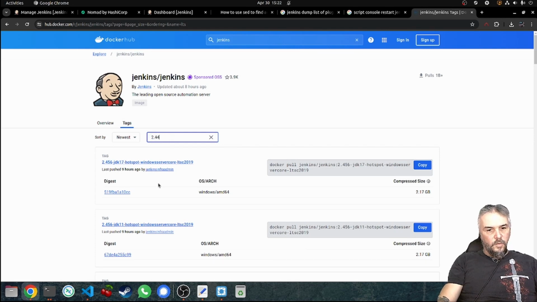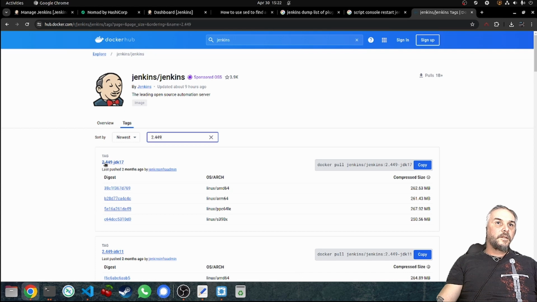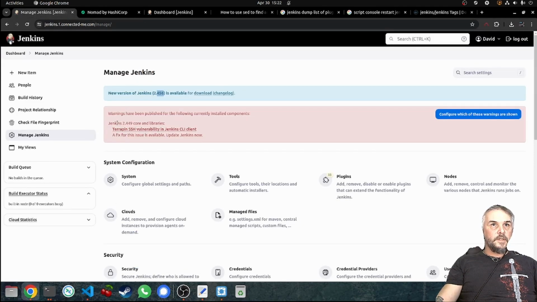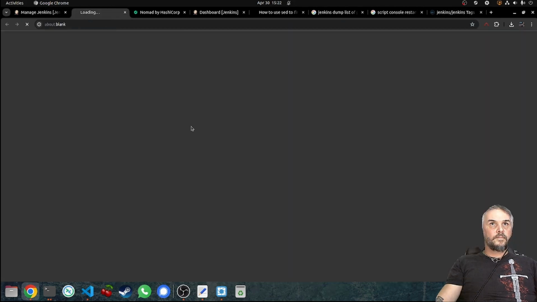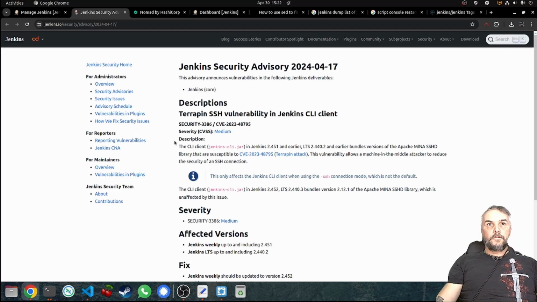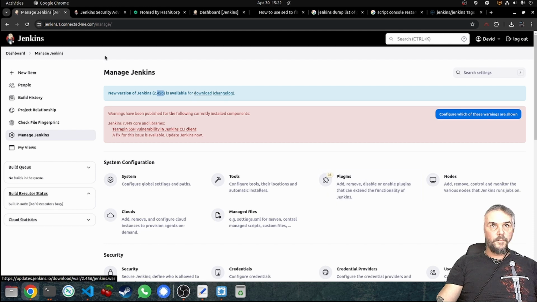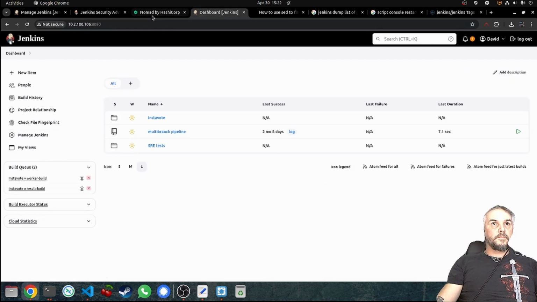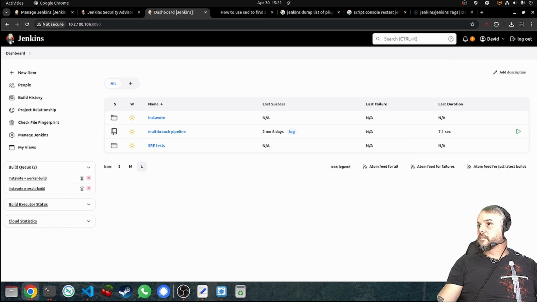Right, 2.49 is 2 months old. But my issue is in 2.449. I'm not actually using the client, so I'm not that concerned with this. My biggest thing is getting the plugins updated. This can go over my save for later pile. All right, so